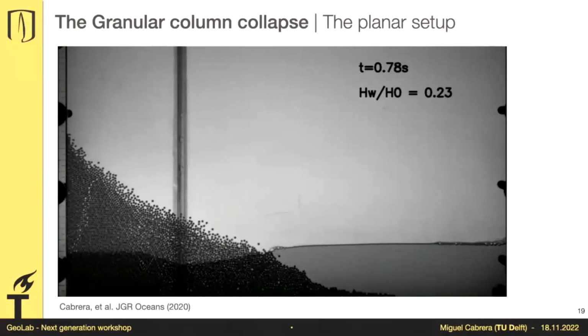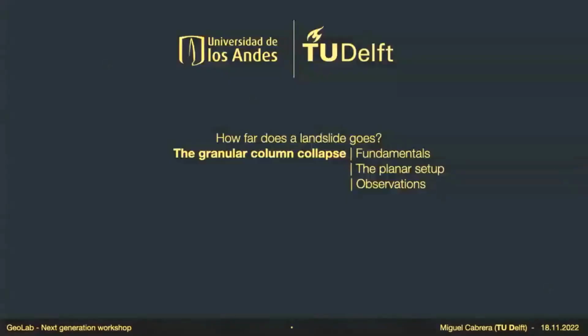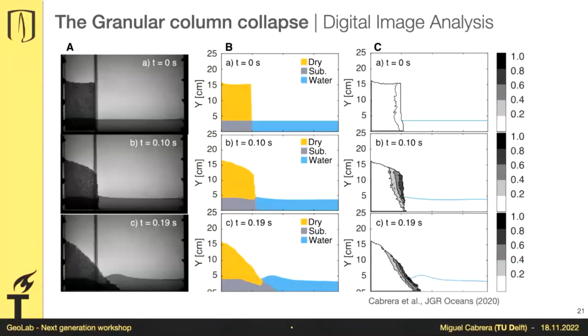So with all these beautiful experiments, what we came out with was a collection of observations that were based basically on image analysis. And here I want to catch your attention that image analysis is not just PIV. Image analysis is everything you see with your eyes that can be transferred into a computer vision analysis. For example, a very simple analysis you can do is to tell where water is and where it is not. That is called a segmentation. And with that segmentation, you have a clear idea of what the shape of the water surface is in the whole process. You can do PIV as well.